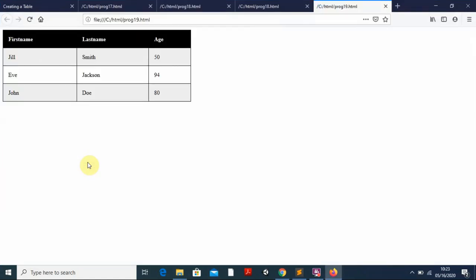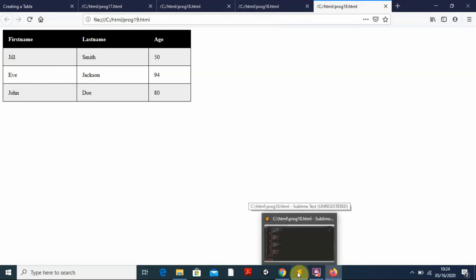In this program number 19, you can see I am writing the first row, that is the heading, in black and white. So background is black and font color is white, and the remaining lines, alternate lines, with some different colors. You can choose any color. Here I have just gray and white. You can select blue, red, green, white, tricolor, whatever you want. How to do all these things? Let us check.